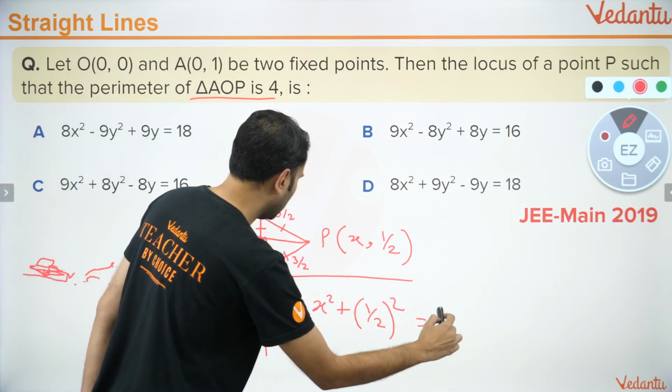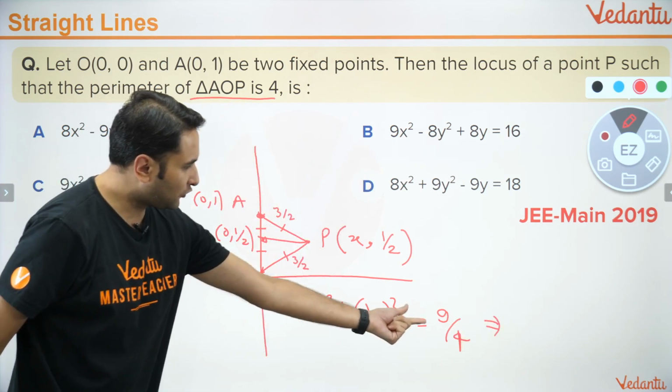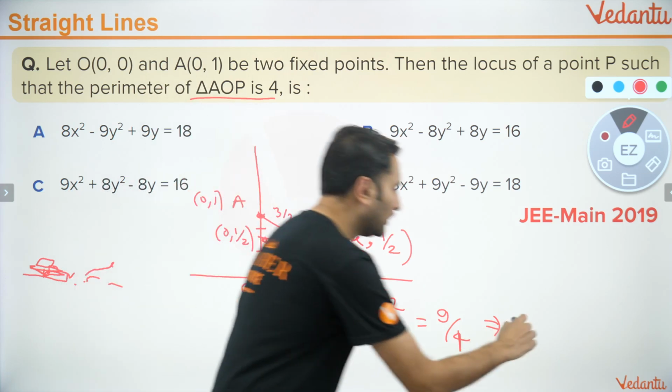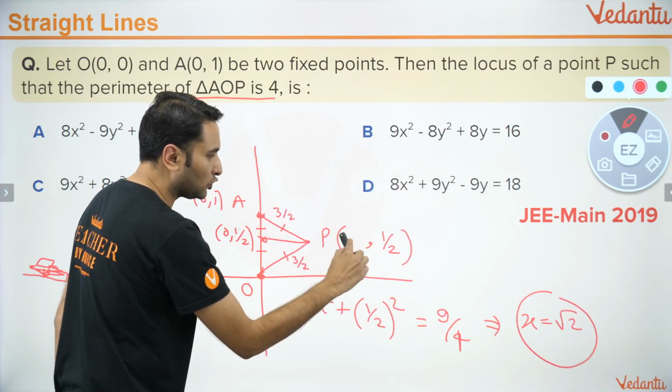ये कितना आ रहा है बच्चों? This is 9/4. तो आप इसको solve करो. ये कितना हो जाएगा? 1/4, 9/4, 8/4, 2√2. x कितना आ गया? √2. So this point can be √2, ½